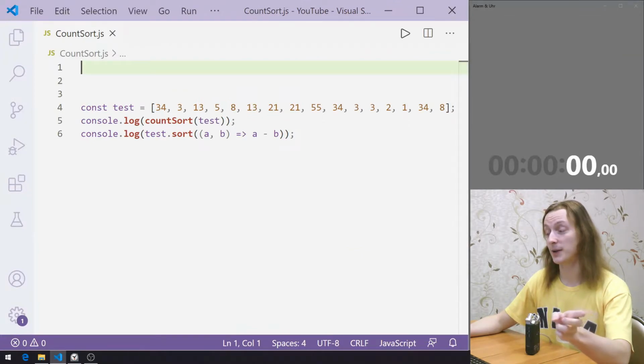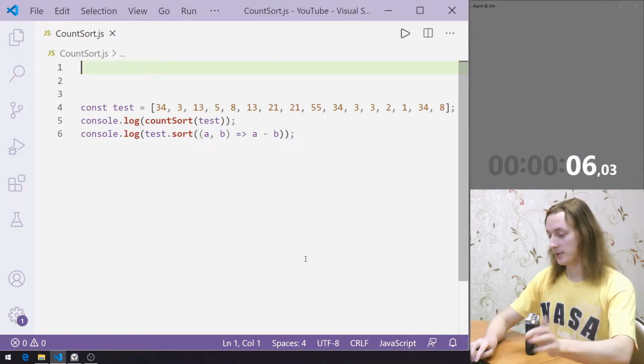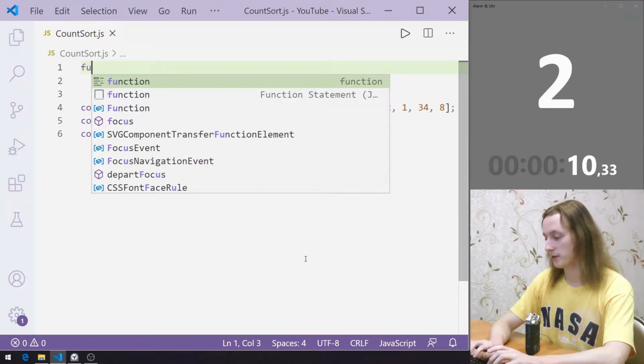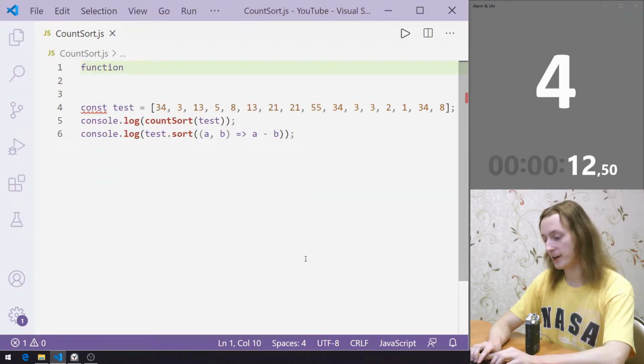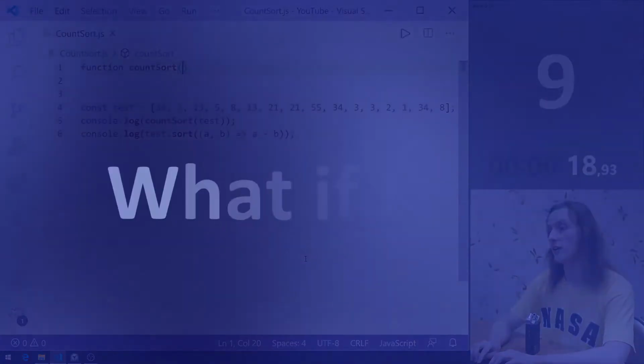And I start the timer, which doesn't mean anything in this video, but just to put some pressure on me. Anyway, let's start. 1, 2, 3, 4, 5, 6, 7, 8, 9,